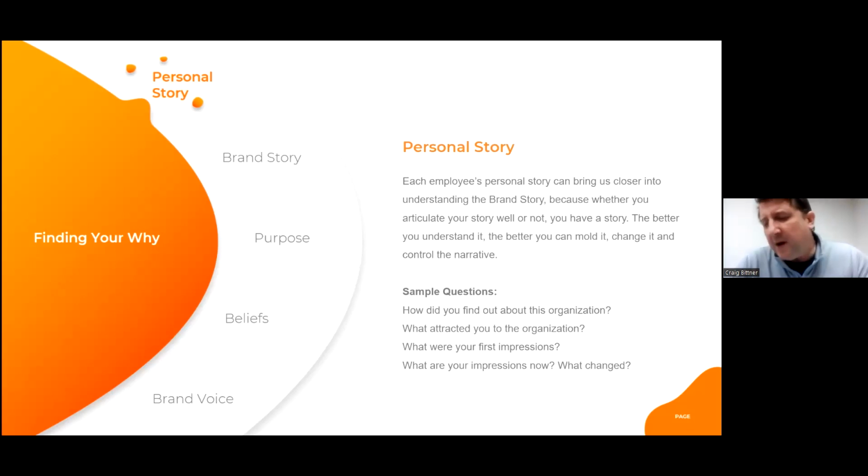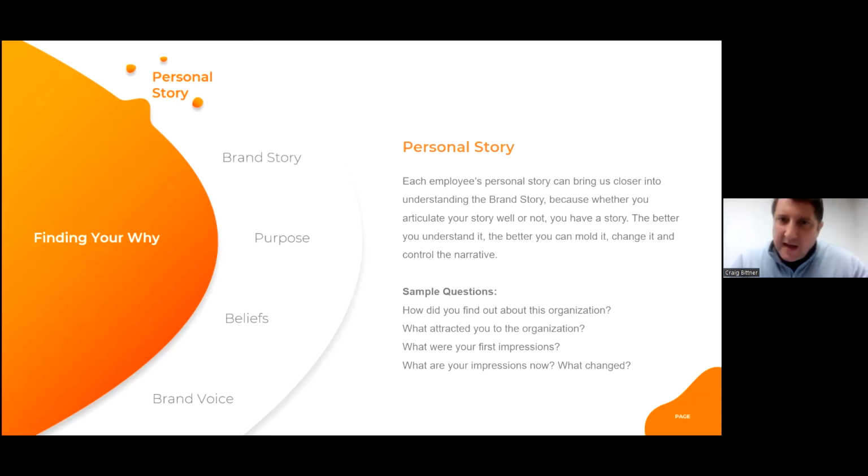What we found works is typically between maybe 10 or 15, depending on how much time you have, individual interviews. We've also done this in a group, where we ask certain questions and people engage with us and we're all together in a room. But what I have found really works, the place where we get really honest and really good feedback, is one-on-one sessions, where people can speak a little more freely.